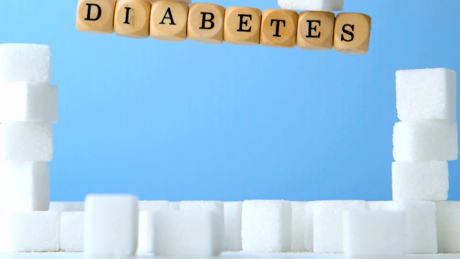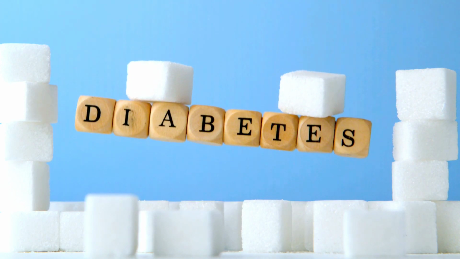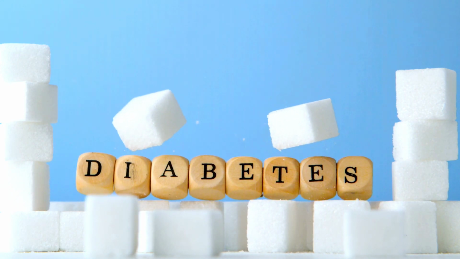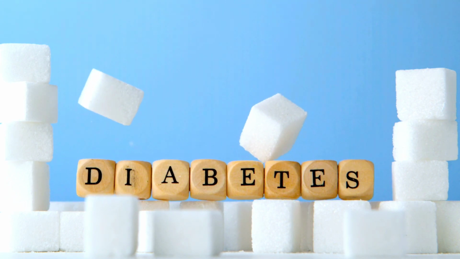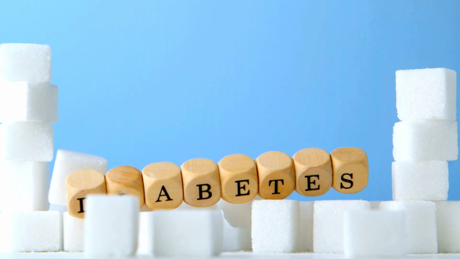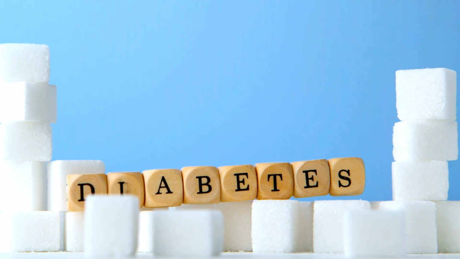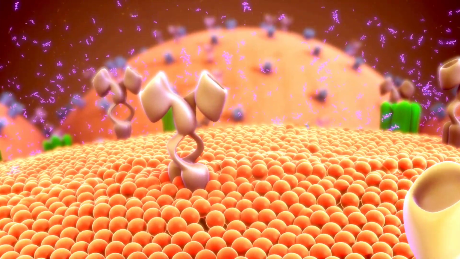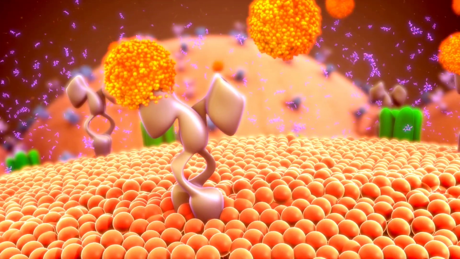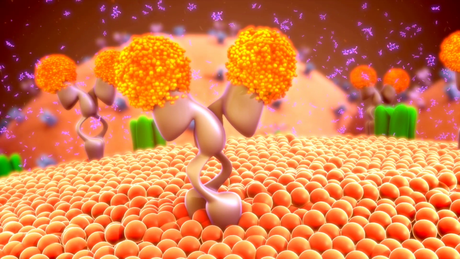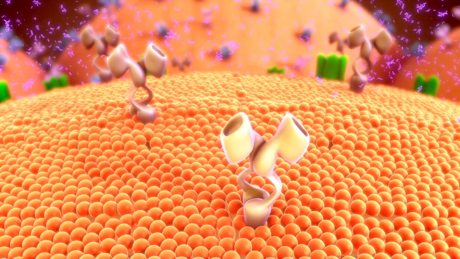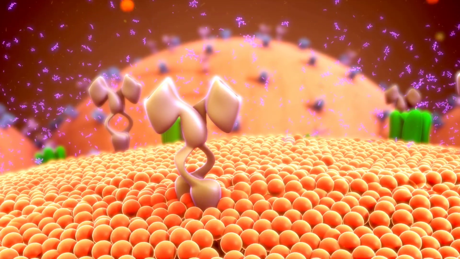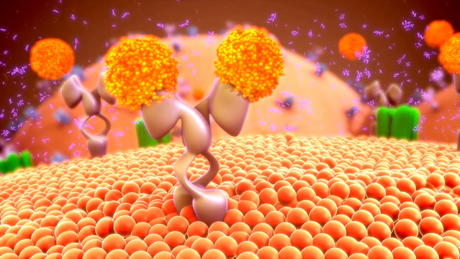In today's video, I'll be talking on diabetes. Diabetes is one of the most common diseases in our society today. So what is this diabetes? Diabetes is a metabolic disorder caused either by a deficiency of the digestive hormone called insulin or the inability of the body cells to use the available insulin. When we talk of diabetes, there is one organ in the body that requires attention. The organ is the pancreas.